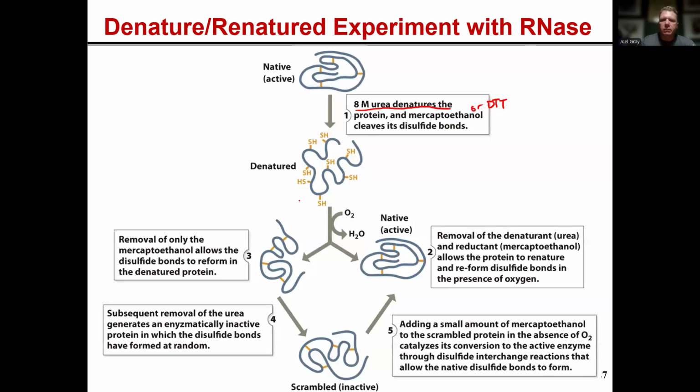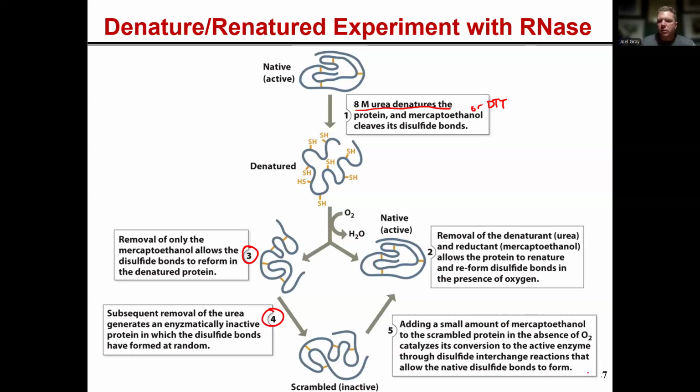Cleave its disulfide bonds. So these disulfide bonds are busted up. Okay. Then removal of only the mercaptoethanol allows the disulfide bonds to reform. So protein, this is 3. Subsequent removal of the urea allows the protein to be scrambled, and then adding a small amount of the beta mercaptoethanol to the scrambled protein in the absence of O2 catalyzes its conversion to the active enzyme